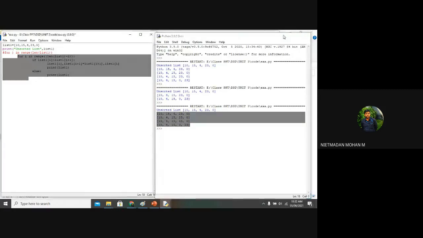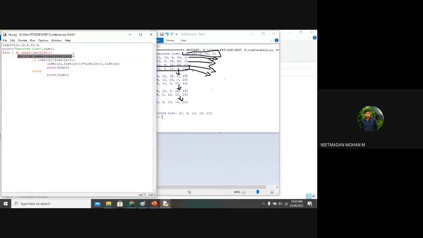So what I am asking is, what is the rule for this for loop? How many iterations will it go? 4 iterations it will go. We are having a length of list 1 minus 1. So this for loop will be going for four iterations.